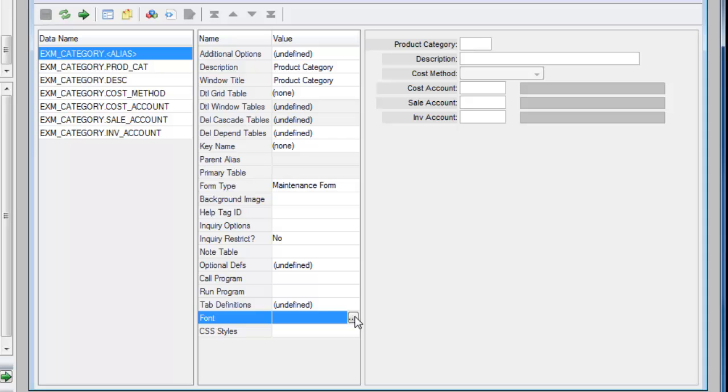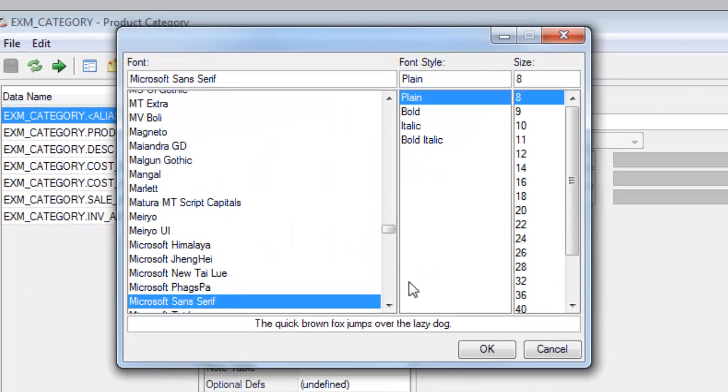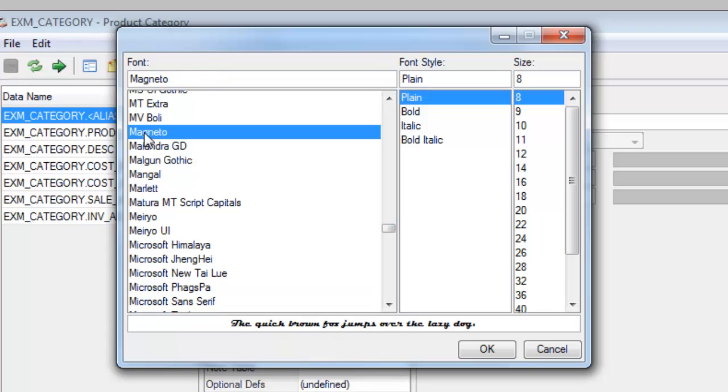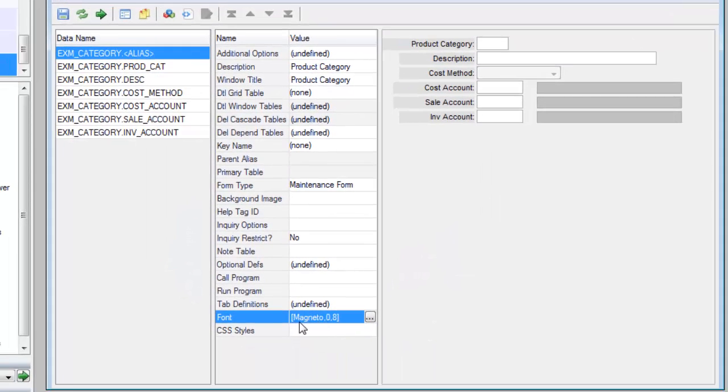Double-clicking on the Query button brings up the font chooser, a comfortable choosing mechanism for choosing fonts. Let's change the form font to Magneto. Say OK, and we see the format Magneto and then the style as a numerical value and the number of points. I can immediately do a refresh and see the new font information reflected in the graphical area of my